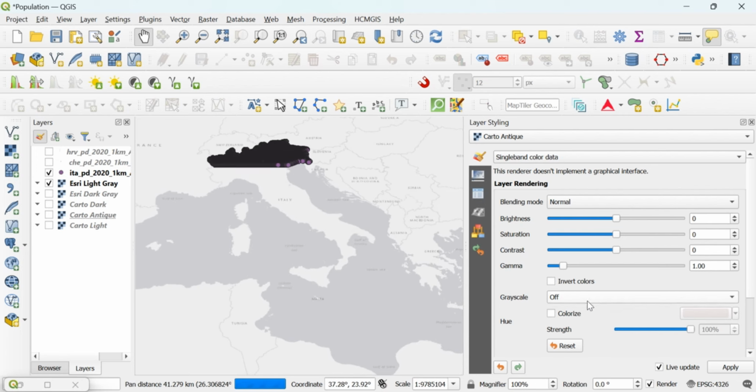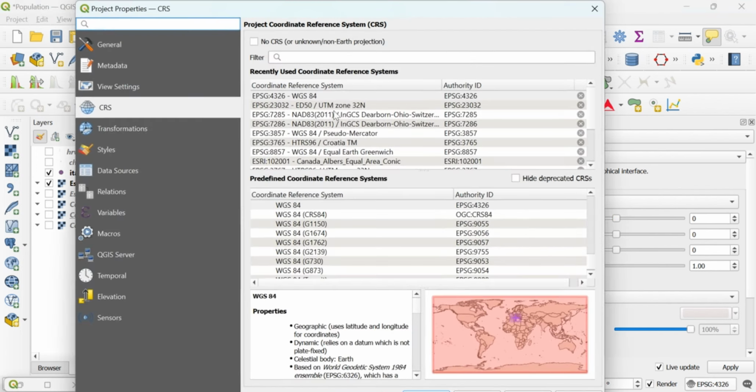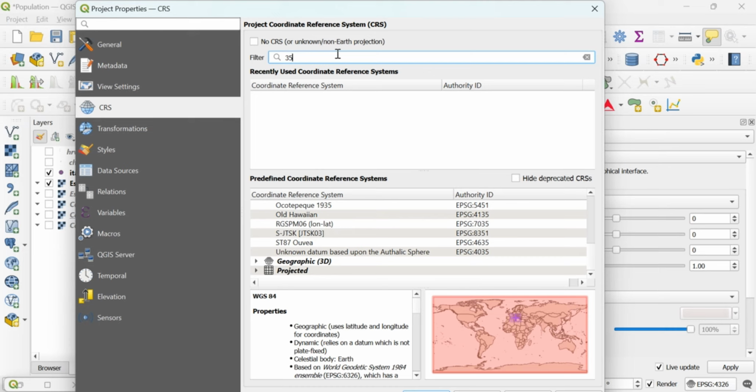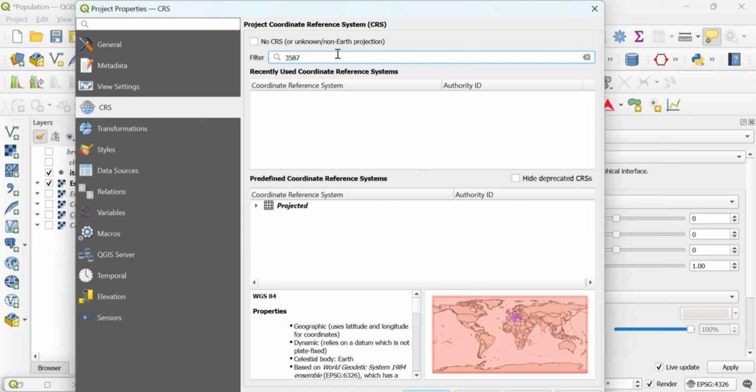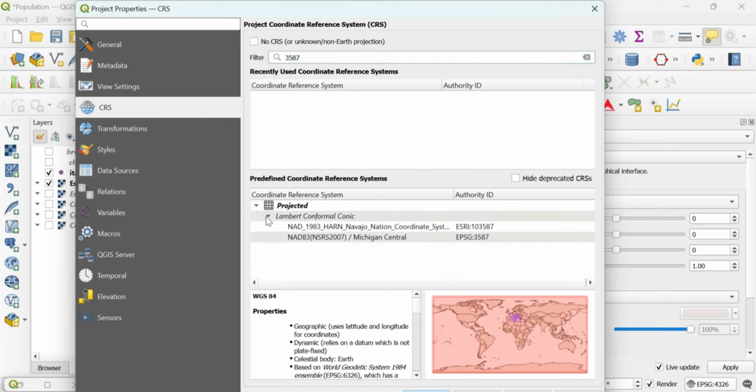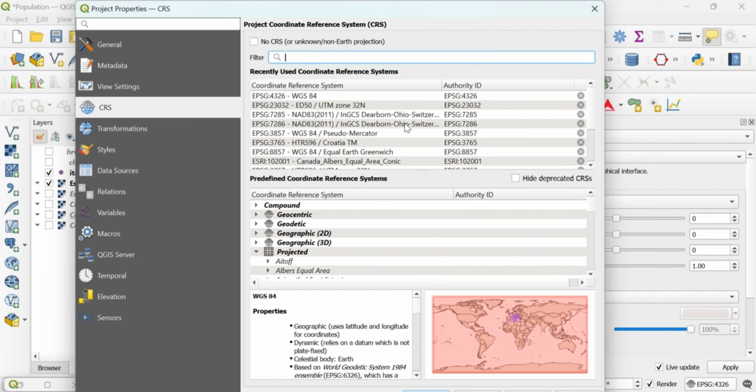So it looks like this is not so nice. Let me try pseudo Mercator. That one is 3857, I think. Let's see.